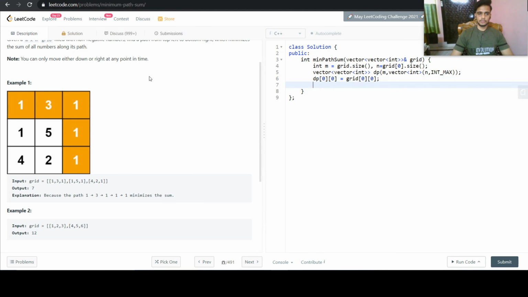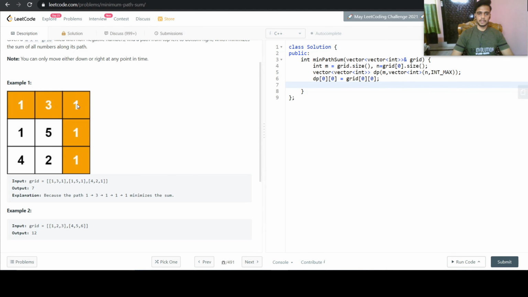And then to reach these indexes where i is equal to 0, we can move only in the rightward direction because we don't have a block above it to move downward from. So all the paths will be from here. To reach here we will encounter 3 plus 1, that is 4.